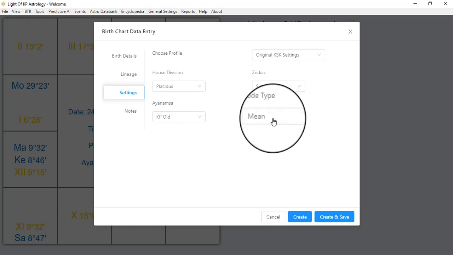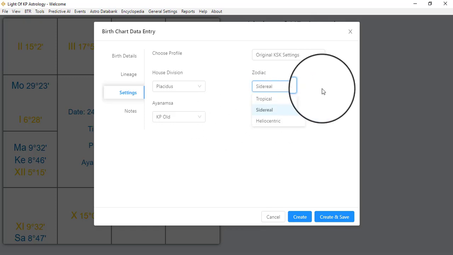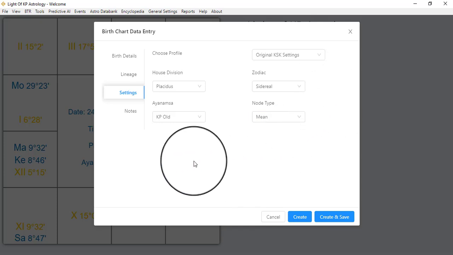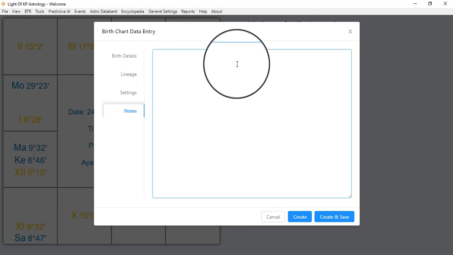Okay, and you have three types of zodiac system: tropical, sidereal, and heliocentric. Node, you have true and mean, obviously, and you have the facility to write your own notes. So whatever prediction you are going to finally provide to the person, you can write back the entire prediction over